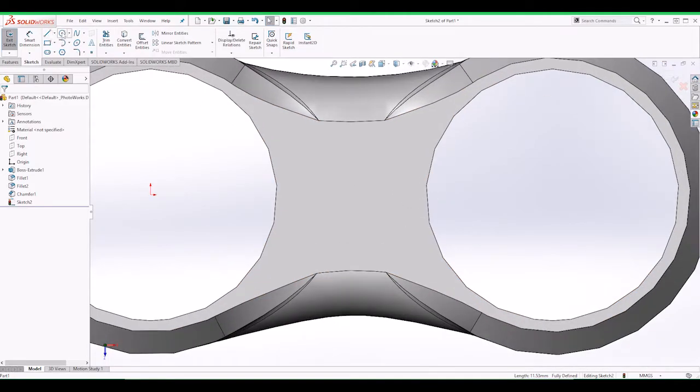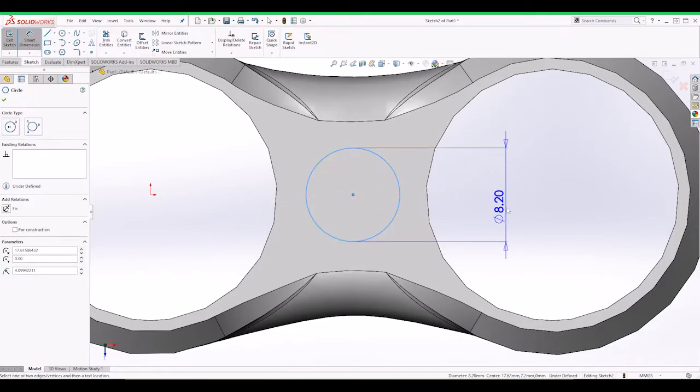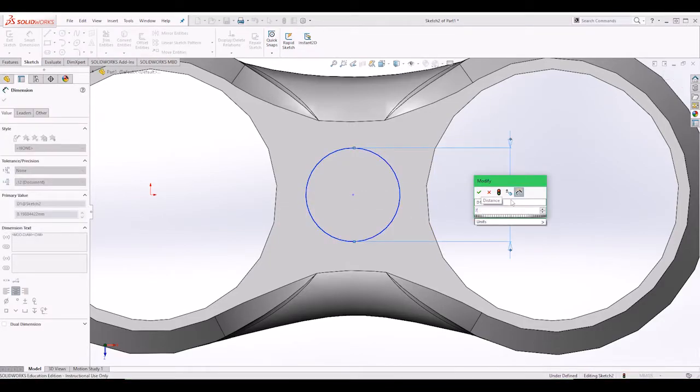Maybe what we can do is add, if it doesn't want to accept the circle, another circle, because I have another very small bearing as well that we can add later on to play about with. And these bearings are around 7. Yeah, so they're around 7. So I'll do 7.2, 7.15